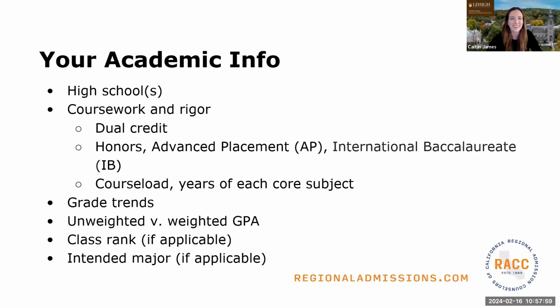All right, we're also going to see your academic info, the high school you attended. Maybe you changed high schools. We'll see a couple of those as well. Coursework and the rigor, what was offered. So we'll be able to understand maybe about the curriculum, whether it's AP or IB, or you have dual enrollment opportunities. We'll see honors levels, things like that. So what has been available to you and your course load and how many years of each course subject. So we'll think about those kinds of things as we're going through that.